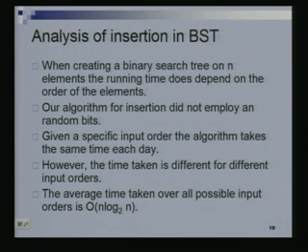If I took a different input sequence, it would take a different amount of time. And if I took a third input sequence, it would take a third different amount of time, and so on. There what we were doing was, we said let's take the average over all input sequences, over all possible n factorial different permutations. We took the average over all of them and then we got n log n. You understand the difference? The recurrence is the same, but there is a vast difference between these two things that we have done.